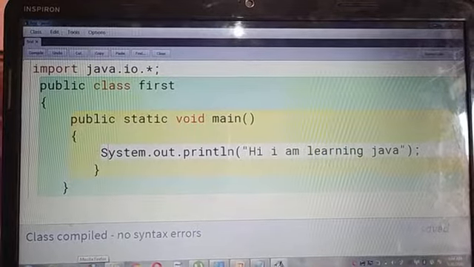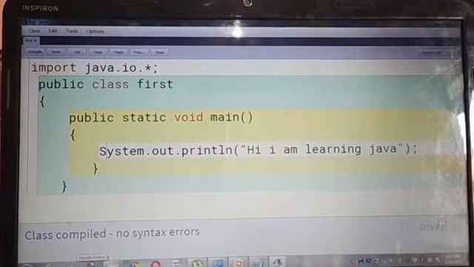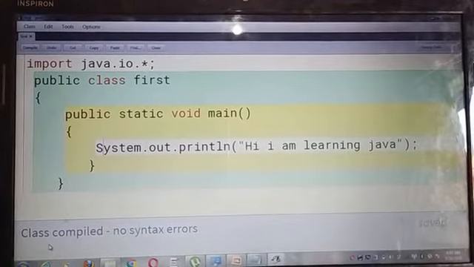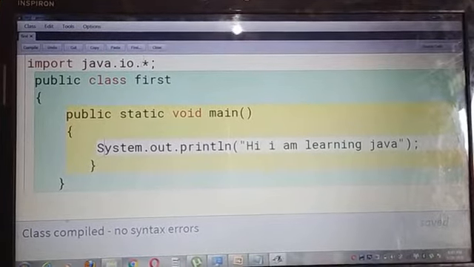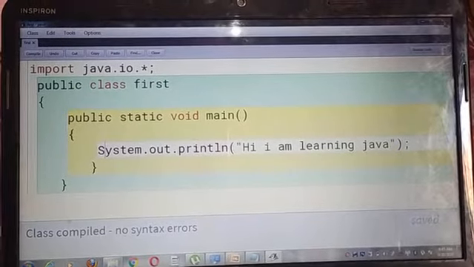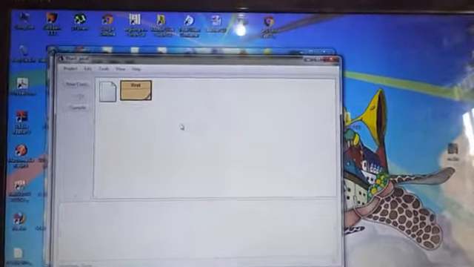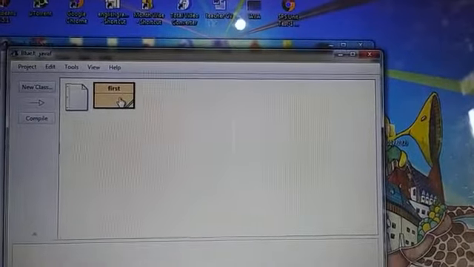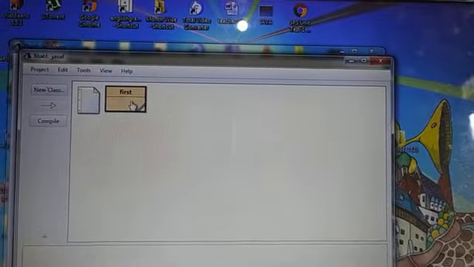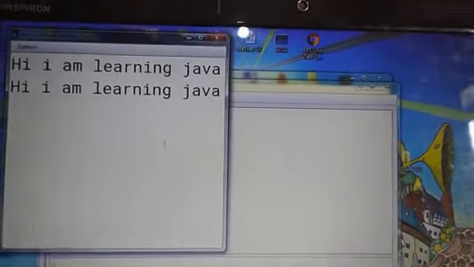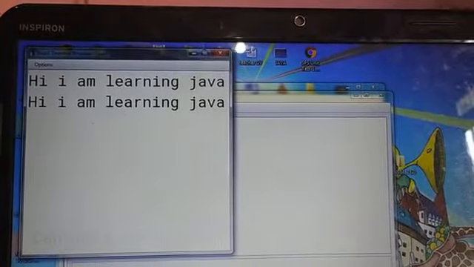Now I will tell you how to run this program. When you get this message, class compiled, no syntax error, close this. Click over there, close this, or you can close from here also. Now this is your window where you created the first class. Now right click over there and click on void main. You will get the message, hi, I am learning Java.